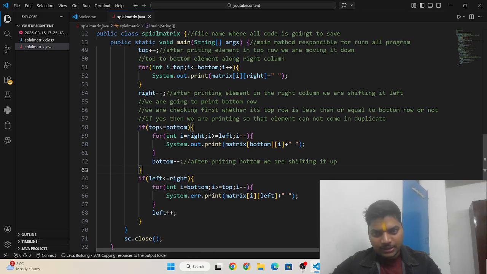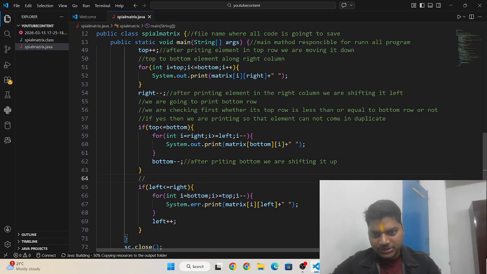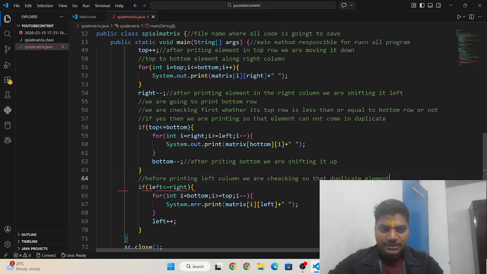Okay, and again we are checking here, before printing the left column, so that duplicate elements are not printed.